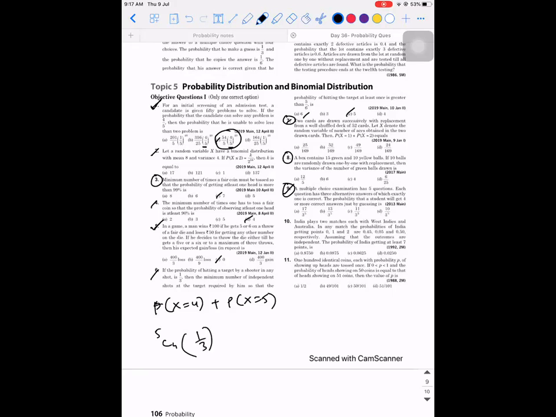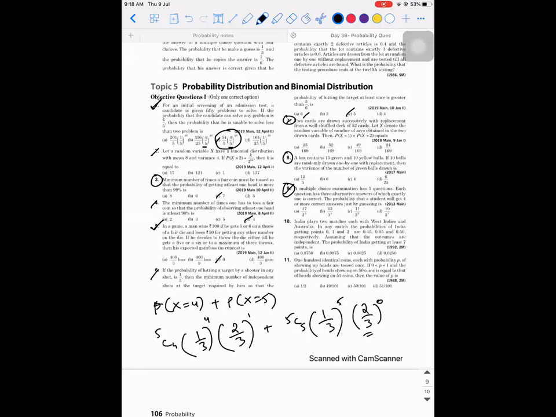1 by 3 into 3 power 4 into 2 by 3. Why is it 1 by 3? So only one option is correct, sir. One option is there, so probability of him getting the right answer is 33%. So 1 by 3 the whole power 4 means all the 4 questions were right, into 2 by 3 the whole power 1. Is this what you did? Yes, sir. 5C5, 1 by 3 the whole power 5 into 2 by 3 the whole power 0. So that's how it goes.